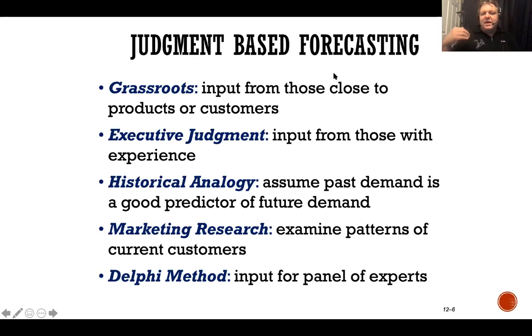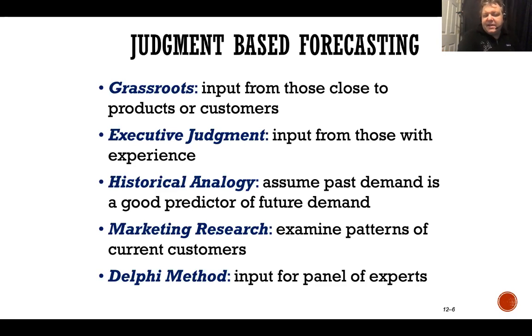Okay, so we have this from marketing research. Marketing research is kind of going through formal channels to get people's buy-in, to get ideas, what will work and what won't work. So grassroots and marketing research are very formal. Grassroots is actually going to the customers, and marketing research is going through the industry organizations, looking at patterns of current customers, etc. All right, so those are 2 ways to get forecasts.